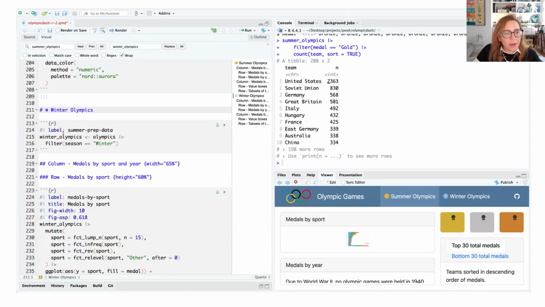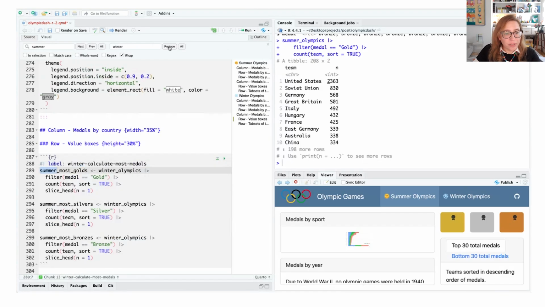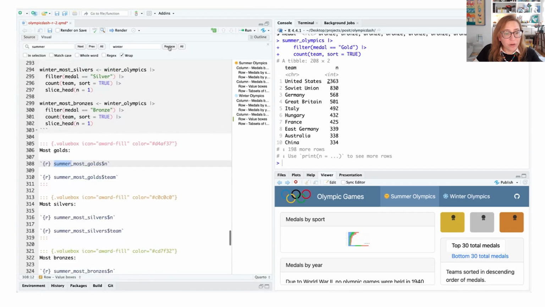And then also let's go ahead and, starting here, look for the word summer. We have used it in a few places. So let's see where we're finding it. For example, we don't want duplicated code cell labels. So I'm going to change them here.